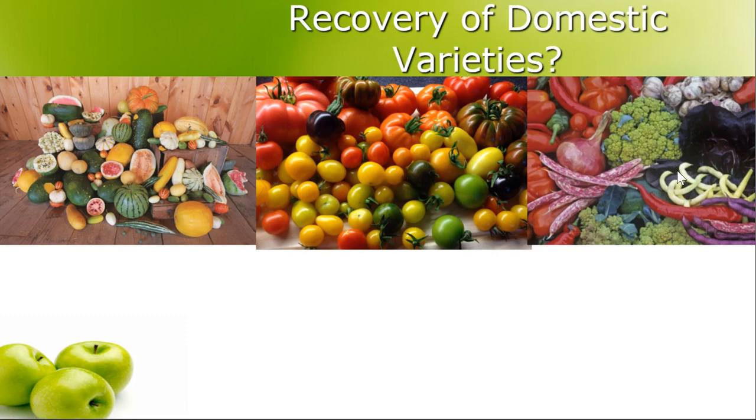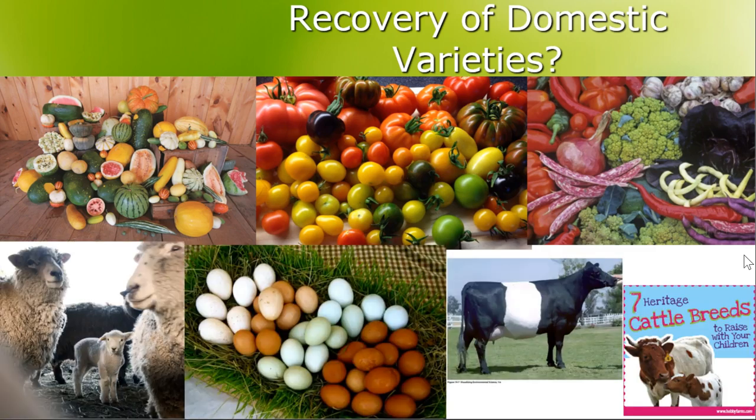And so here you can see there's a big trend for heirloom vegetables. Here are heirloom melons, here are heirloom tomatoes, and then here are just some random heirloom stuff, beans, cauliflower, right? And so this is a big trend, and you'll see this in grocery stores. You'll see this in sort of hobby gardeners, right? Organic farms. And it's not just plants, it's animals as well.